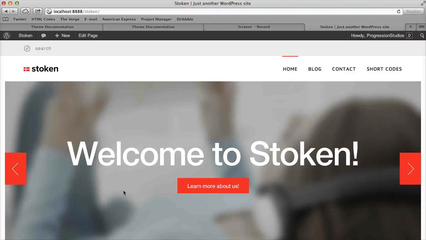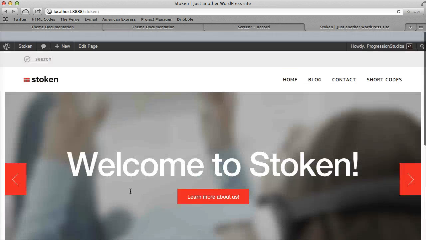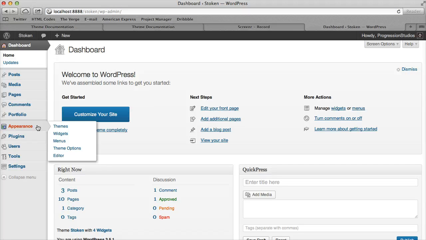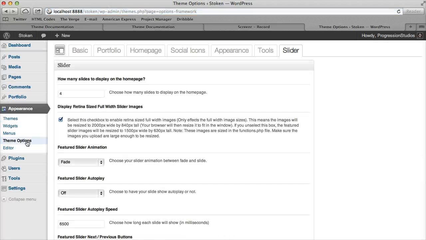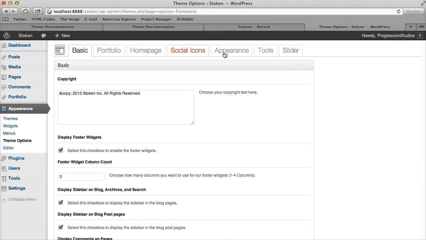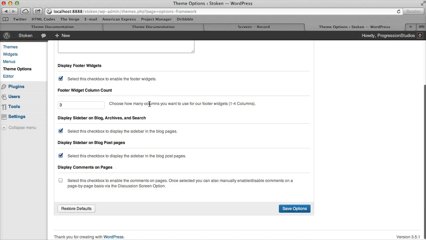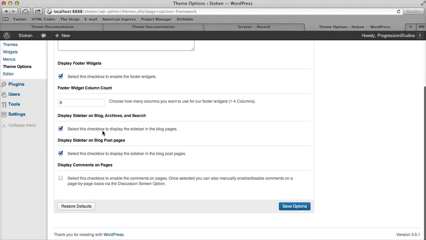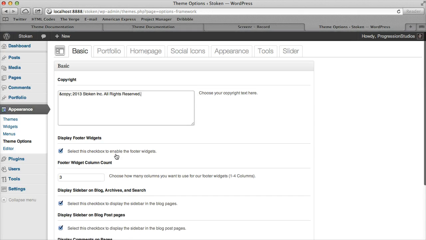Alright, I'm going to go over some of the theme options with the Stoken theme. Getting to your theme options panel is pretty easy. You can reach it right here under theme options, or by going into your dashboard and going under appearance and theme options. And you have a bunch of tabs to go over items. The first one's pretty simple. It's just your basic tab, and you can control things like your footer, copyright text, some sidebar options, and footer